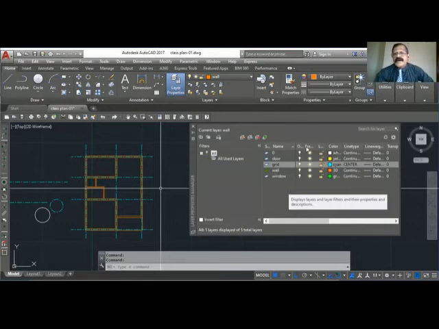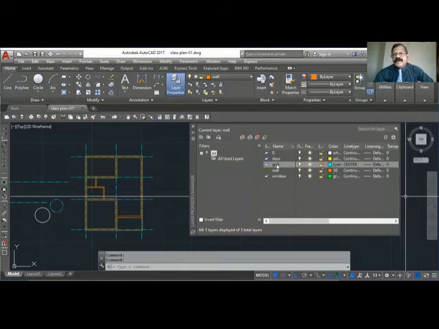There is another option here, on and off. When you turn it off, you also get the same effect. Suppose I am in grid, I will say wall off. So this is freeze and thaw, and this is on and off.